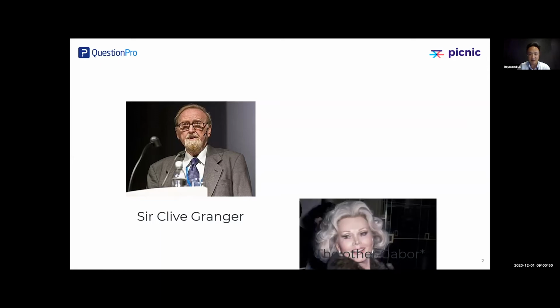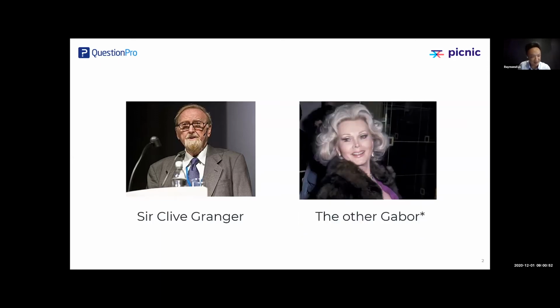The Gabor in Gabor Granger. Now, unfortunately, I couldn't get a picture of Dr. Andre Gabor. As much as I Googled and searched far and wide, it wasn't for a lack of trying. I just couldn't get a picture of him. So I had to show the other Gabor, Zaza Gabor, as a replacement. So I hope I don't offend any family members of Andre Gabor on the line. But he also went to the University of Nottingham. And his work was primarily about pricing sensitivity and utilities as well. So he's the other half of Gabor Granger. So could not find the real picture of Andre Gabor there. Fair enough.